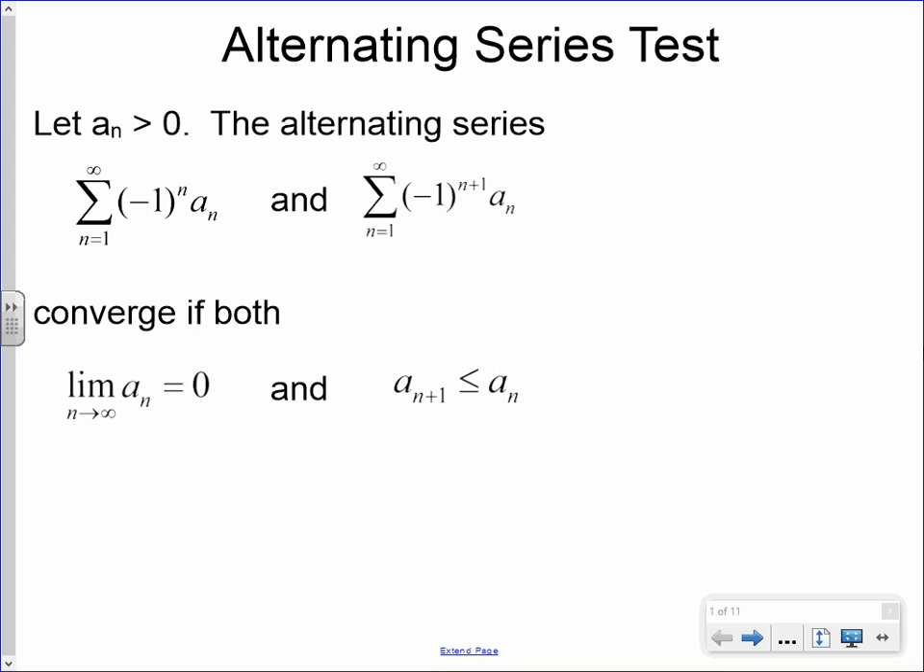So you need to show me, if it's an alternating series, that the limit is 0 of the sequence and the sequence is decreasing. If you show both of those, then you can say converges by the alternating series test. Okay, so